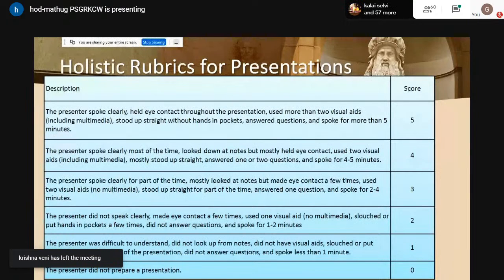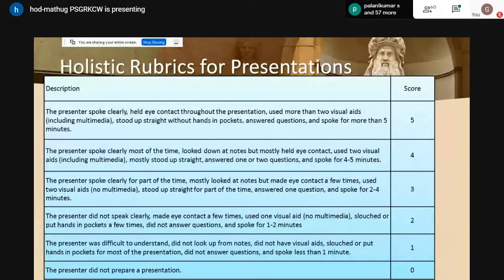The presenter spoke clearly for part of the time, not 4 to 5 minutes. He spoke only for 2 to 4 minutes, and he has not used any media tools. He has stood straight for part of the time. He has answered 1 question. Most of the time, he was looking at the notes, but a few times he has taken his eyes off and made eye contact. That is awarded a